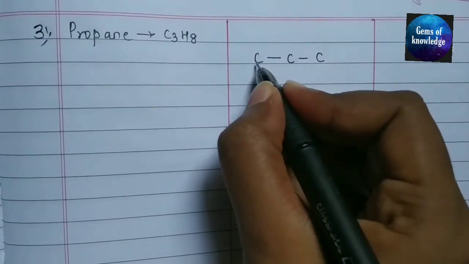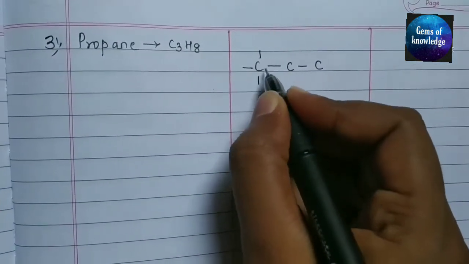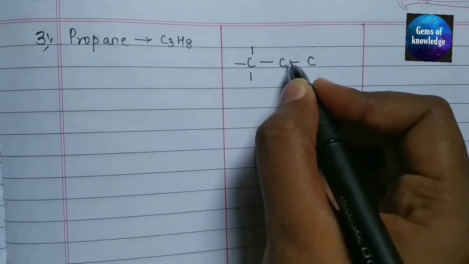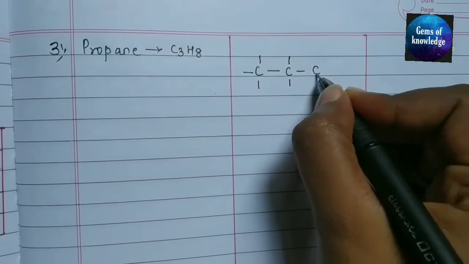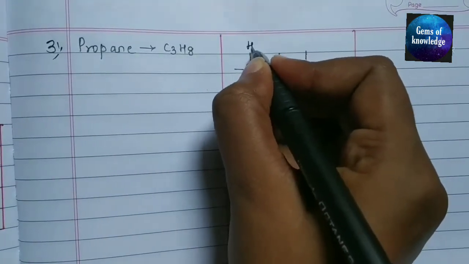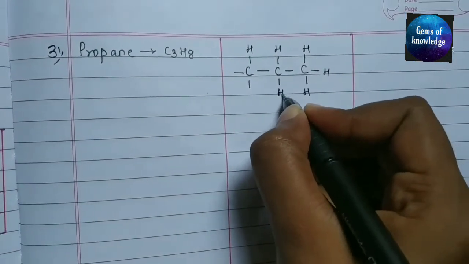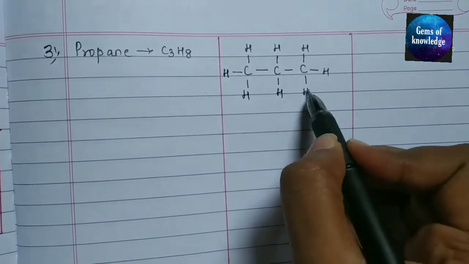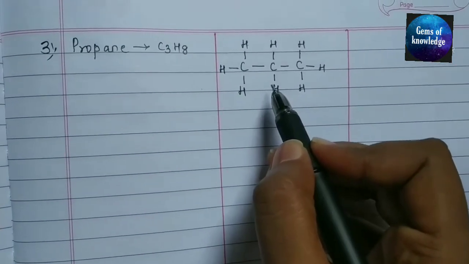Okay, then this carbon is having one bond. It must have 3 more bonds to make 4 bonds. Okay, this is having 4 bonds. Now this carbon is having how many bonds? 2 bonds. So here 1 and here 1, it will make 4 bonds. So the last carbon is having only 1 bond. So we need 3 more bonds. So now we will write hydrogen. Just count 1, 2, 3, 4, 5, 6, 7, 8. Satisfied? Okay, so this is the structural formula.